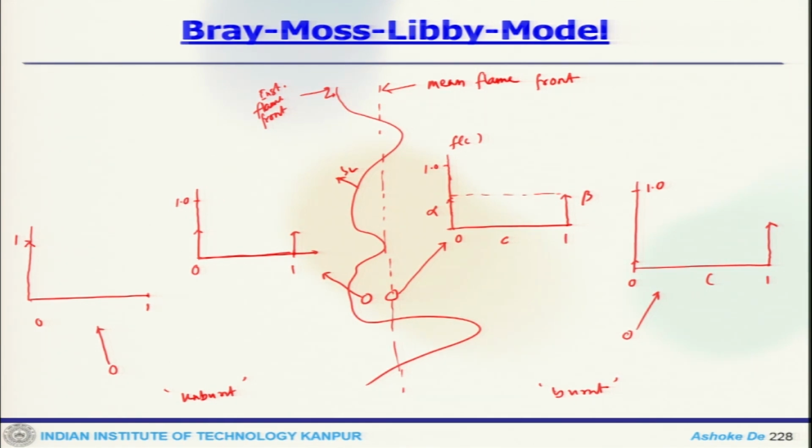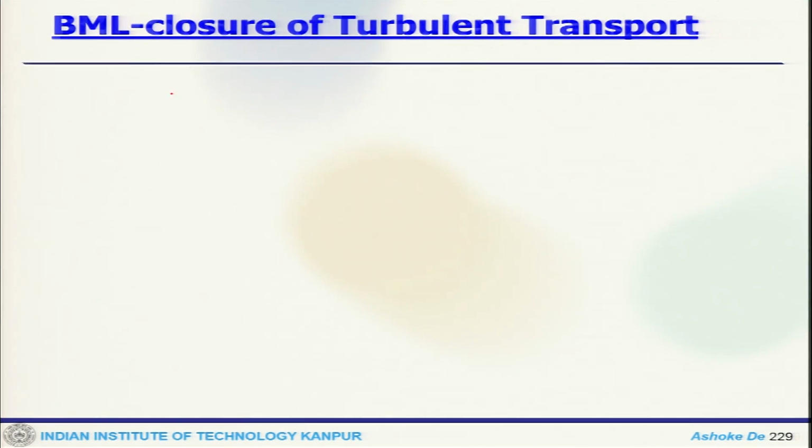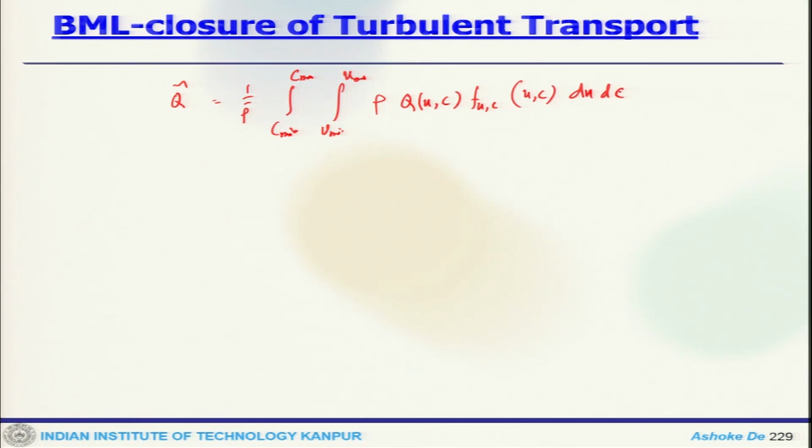Now, for Favre filtering, for Favre averaging, one can write this as 1 by rho bar, integral from C mean to C max, U mean to U max, rho UC, F UC, dU dC. Now, therefore, this is the unclosed term, which we can